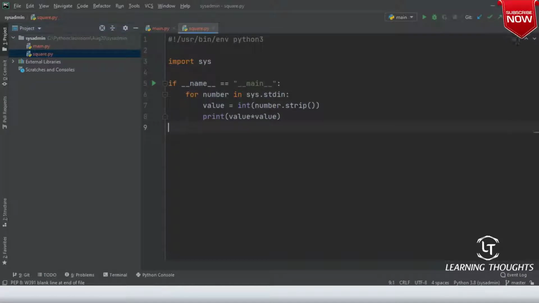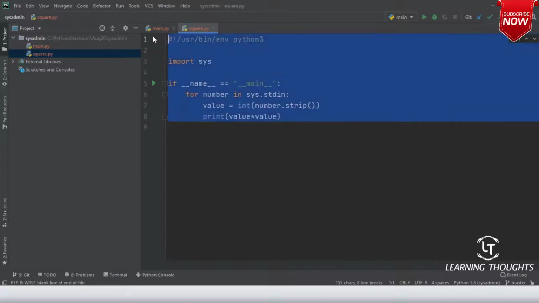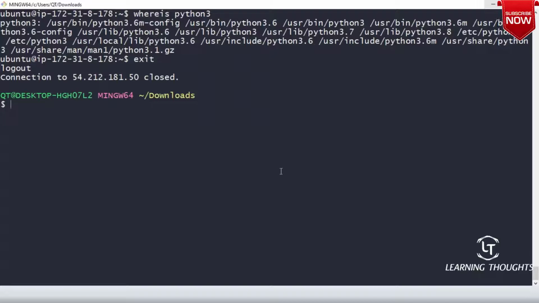So what is standard input for you? Standard input is a stream of inputs, and then you can directly iterate it. Shall I copy this program into the Linux machine? So I'm logging into the Linux machine.